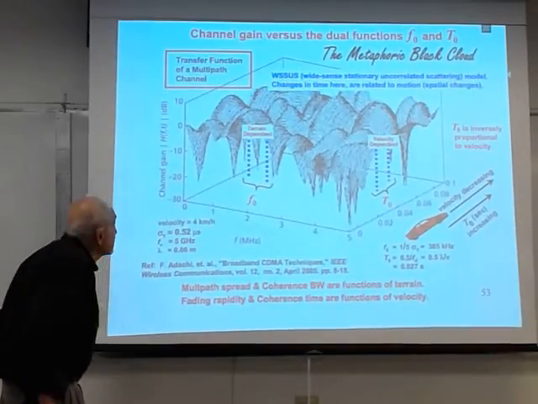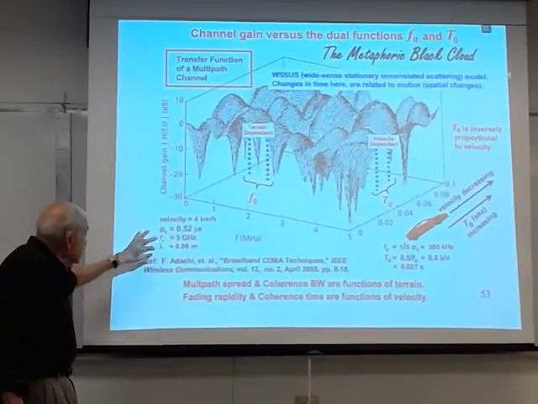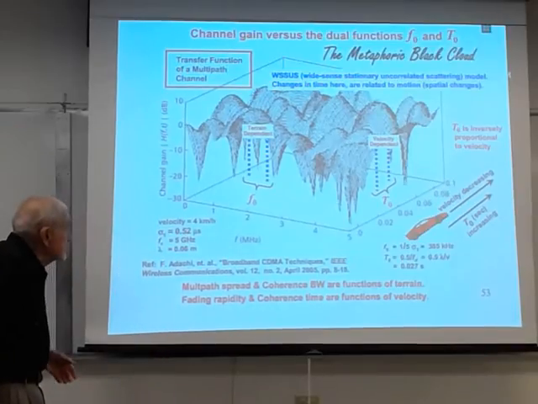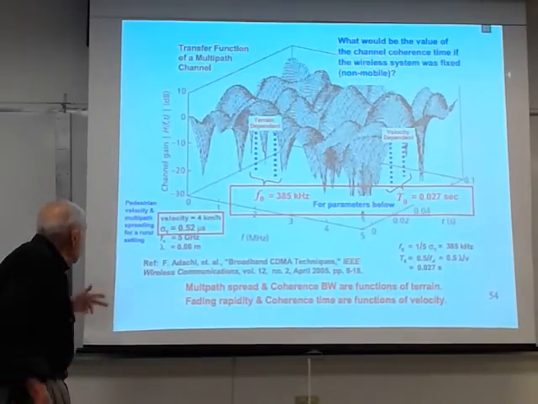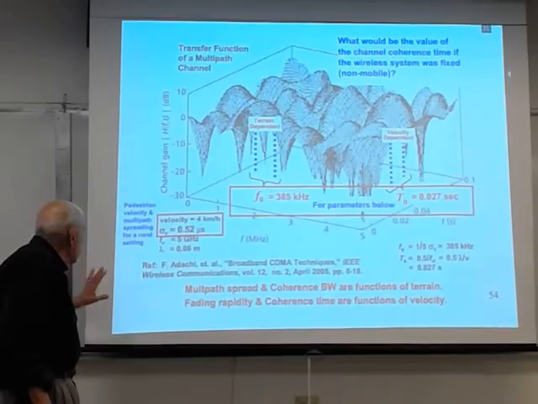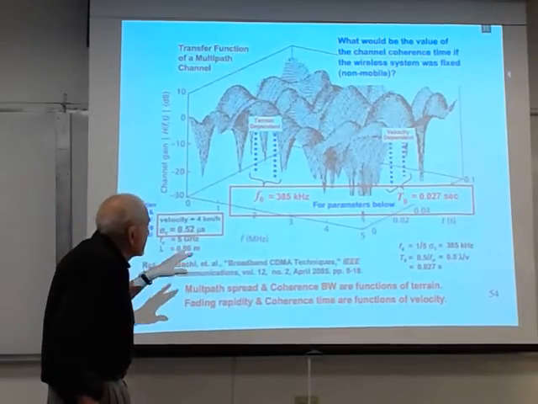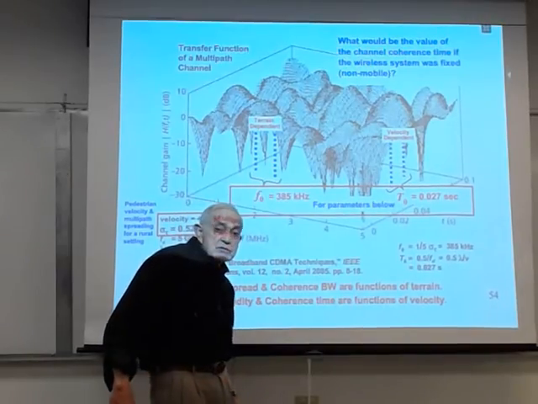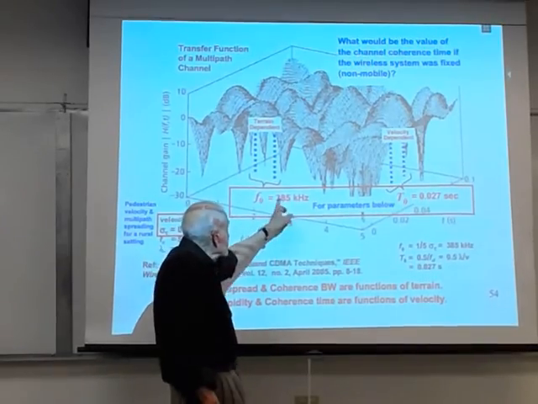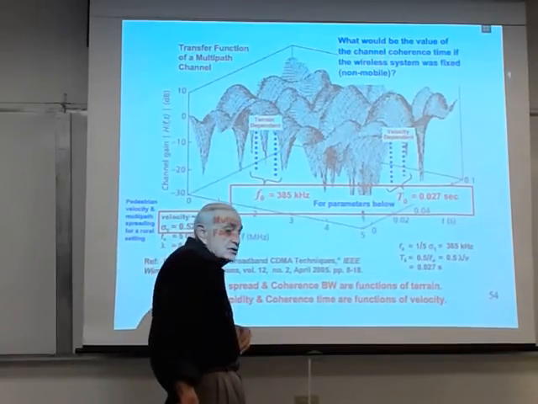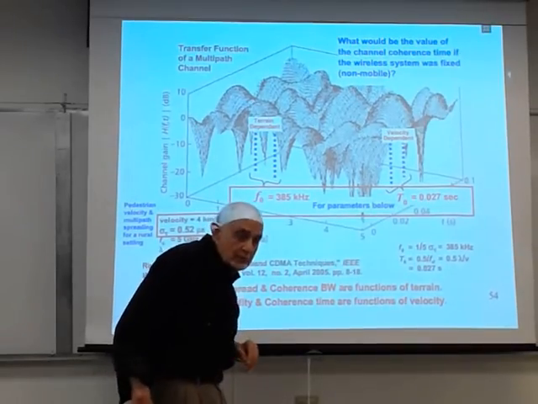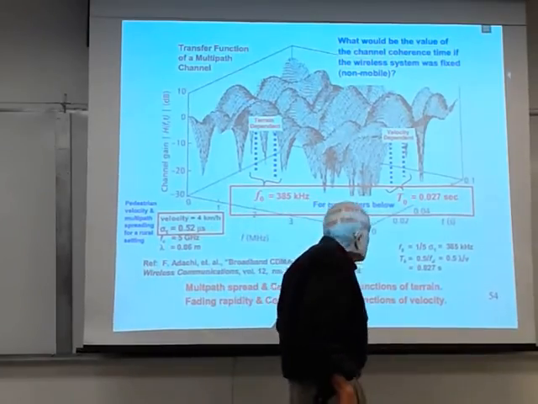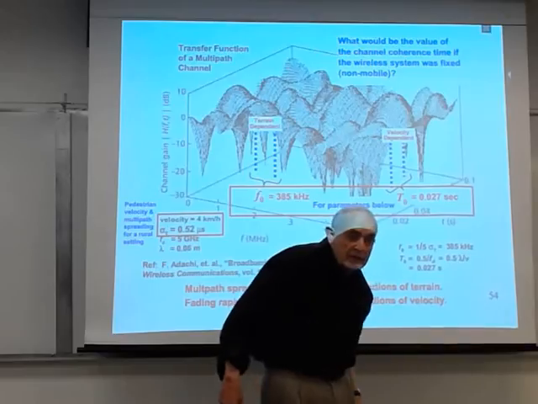And so in this particular case, I have some numbers, and the numbers basically look like this is a pedestrian just walking, and pedestrian velocity and multipath spreading in a rural setting with the f sub 0. It could be some Midwestern town. That looks like 385 kilohertz, which sounds right for the coherence bandwidth of a Midwestern town. And again, 27 milliseconds is